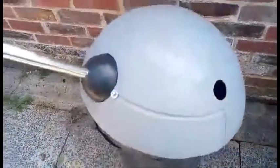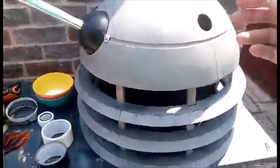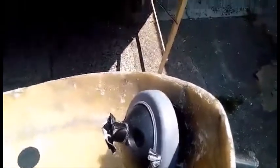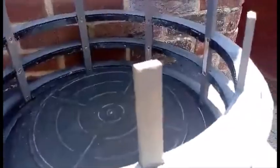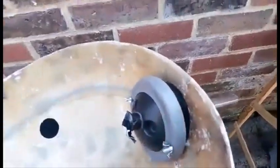My only concern now is whether it's going to interfere with the rotation on the neck bin. So when it goes on here, I need to work out exactly how high my neck bin needs to be, otherwise it won't rotate properly, because the problem with this kind of design is that the top part of this mechanism is going to hit these uprights, and that could be problematic. So I need to work out exactly the height I need it to be. Worst case scenario is I may have to change or alter the design of this disc to give me more clearance, because the top of the neck bin might...